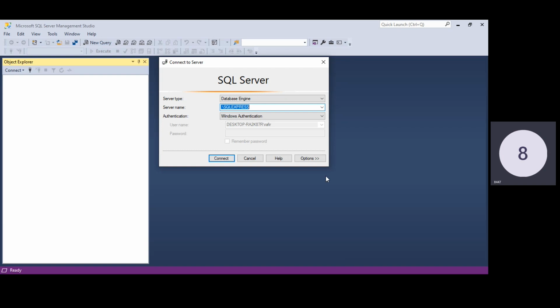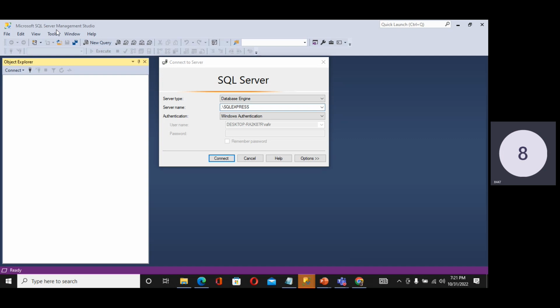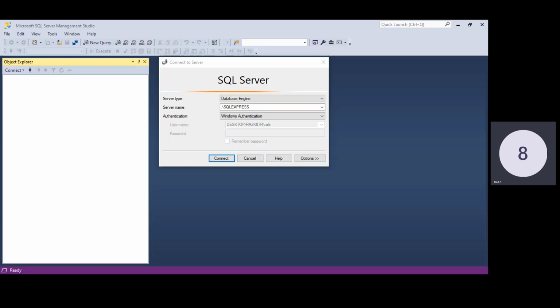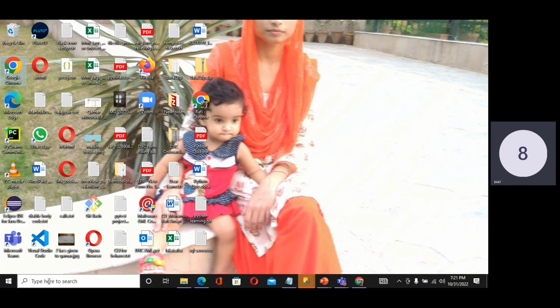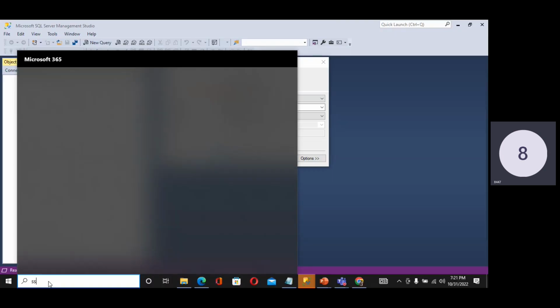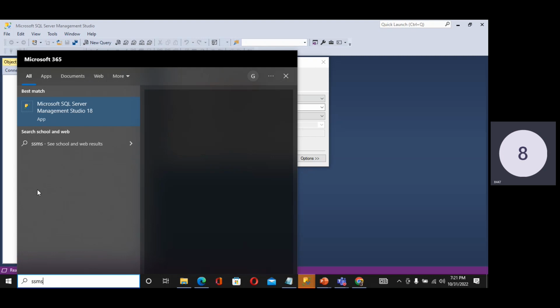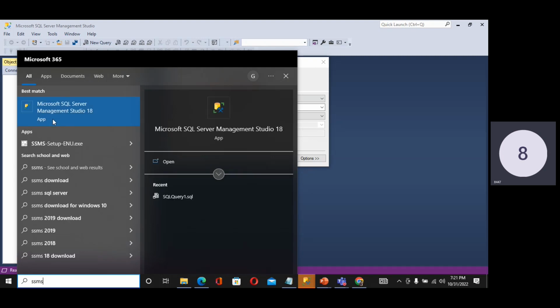Okay, so let me just tell you, this is the Microsoft SQL Server Management Studio, which is SSMS. SSMS is the short form. When you type it on your machine in the Windows search area, like this, SSMS, you can see it is already installed on my machine. And the version is 2018. So you can install 2019 as well, whichever you want, you can install it. When you click on this application,